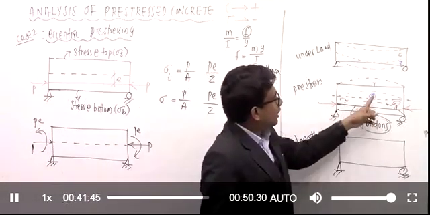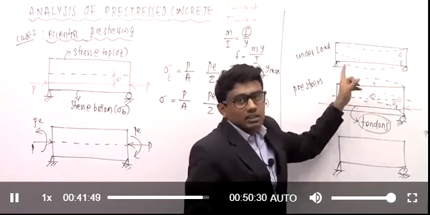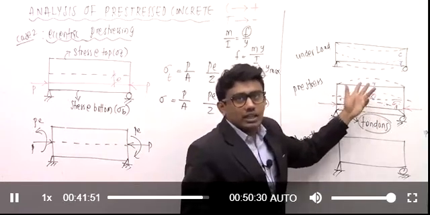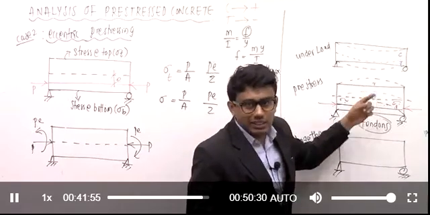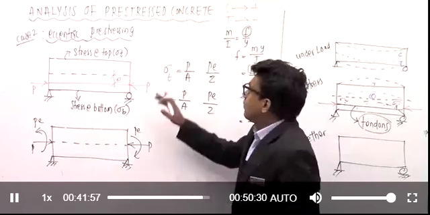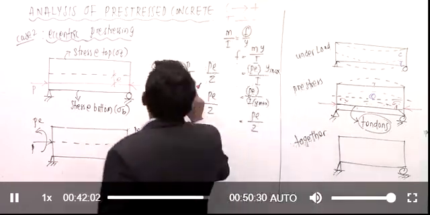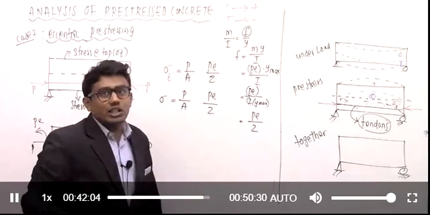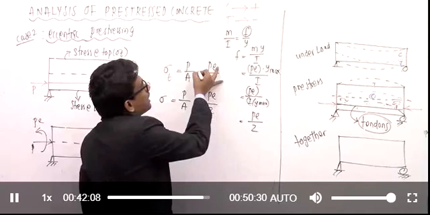Due to pre-stressing, above the nodal axis, what is the nature of stress there? It is tensile. Above the nodal axis, it is tensile in nature, right? If the tensile stresses are considered as negative, so which one are you going to consider here to calculate the stress at the top? To calculate the stress at the top, you have to consider it as negative.